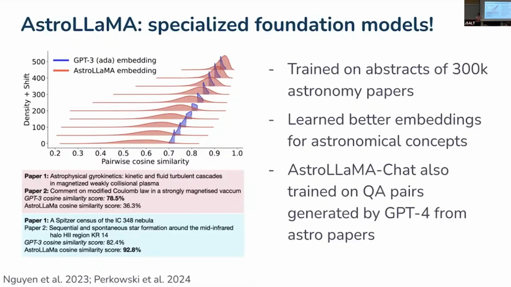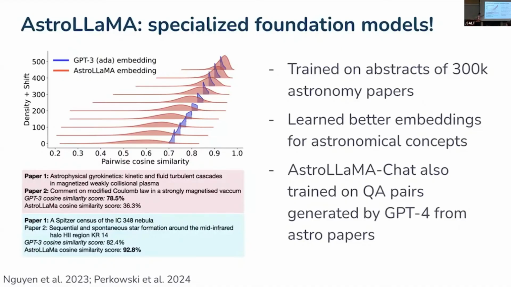So they're sort of spreading out; there's a larger distribution of pairwise cosine similarities. Whereas for GPT-3 it just says, oh, but all astronomy is kind of related to each other, which is fair to say because it's meant to be more of a general purpose semantic search. So in this case, the authors can say that this at least gives you more fine-grained embeddings for astronomical concepts.